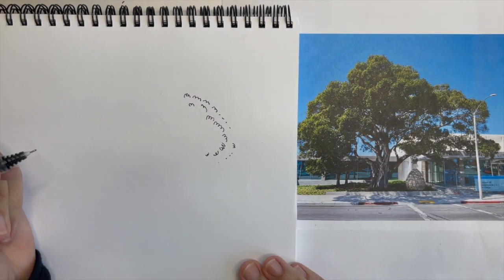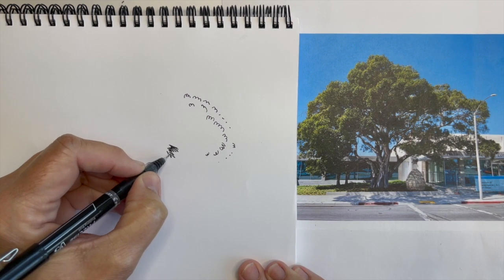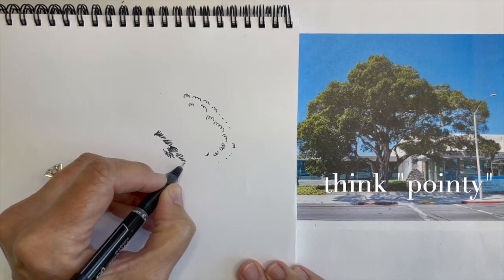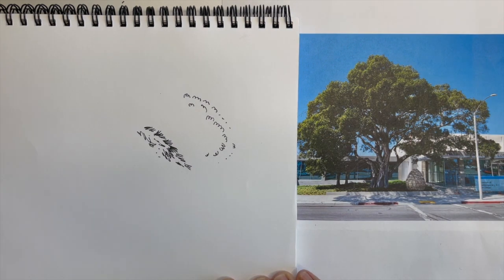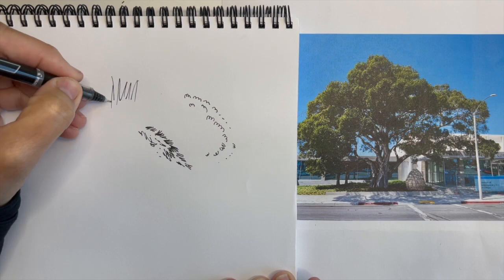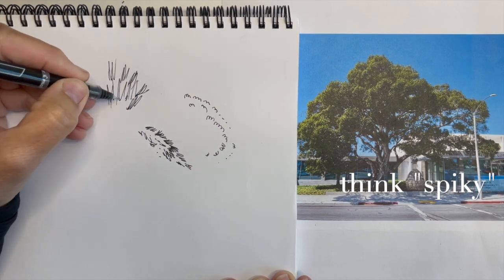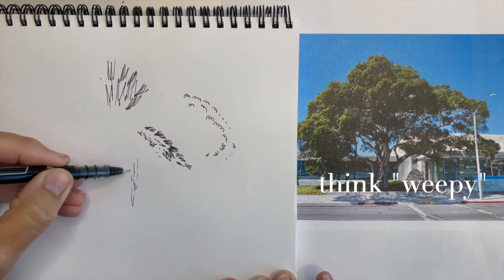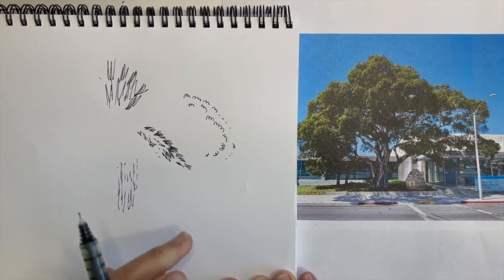If this were a pine tree, we'd probably want our scribbles to be more like that. And certainly if this was one of those dragon trees, our scribbles would be definitely like that. If it were a weeping willow, our scribbles would be like that. Okay, but